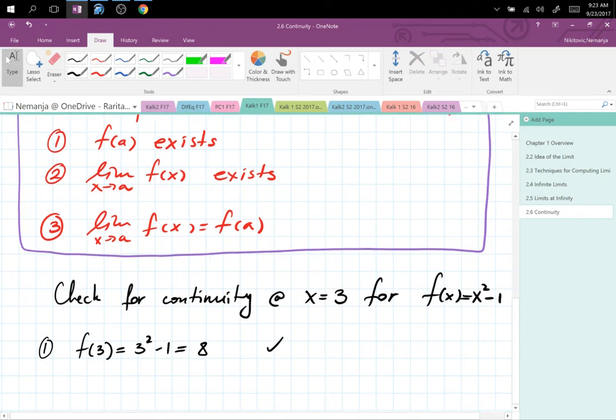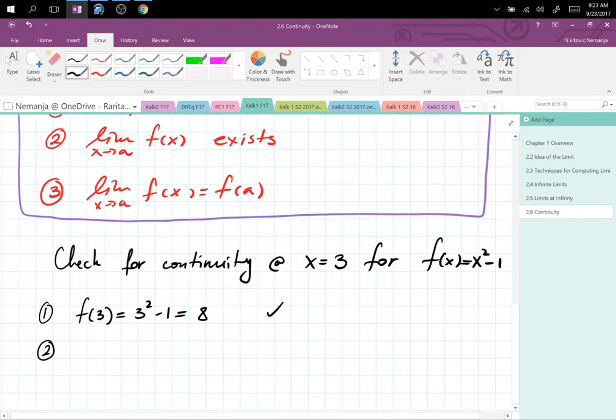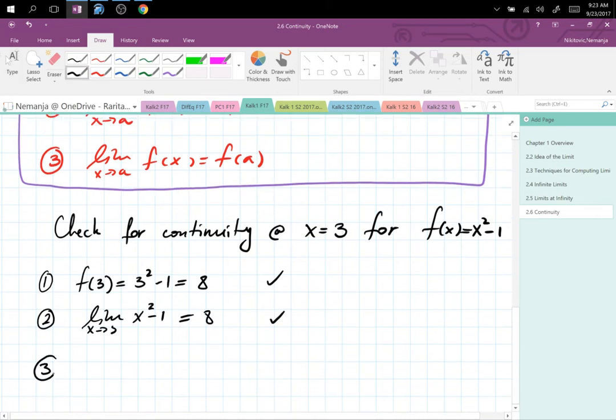So it exists, passes that. Number 2, the limit of x squared minus 1 as x goes to 3 is also 8. Number 3, 8 equals 8, passes. So because of these three, they all pass, you would say yes,